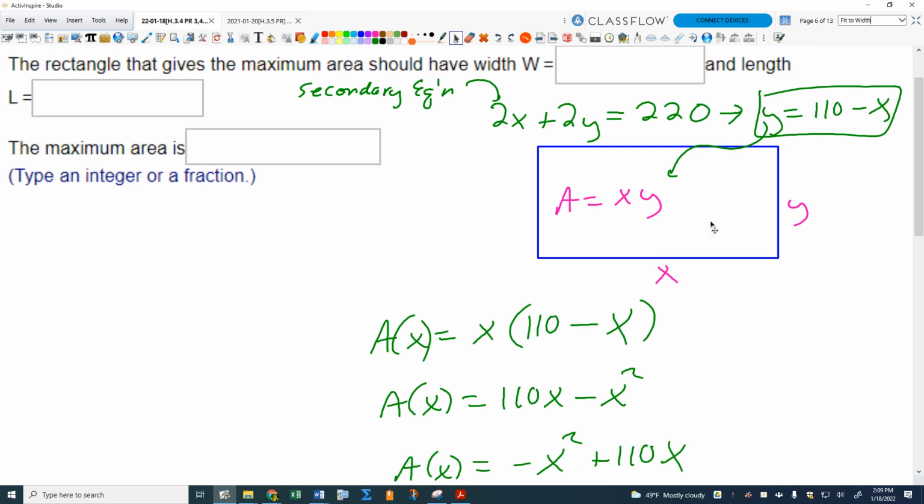And we'd drawn a picture. There's our garden. I guess we have a blue fence around our garden. And we had said we're going to call the dimensions of this X and Y. X is the width and Y is the depth, or whatever you want to call it. Length, or maybe X is the length and Y is the width. And so we wanted to come up here with